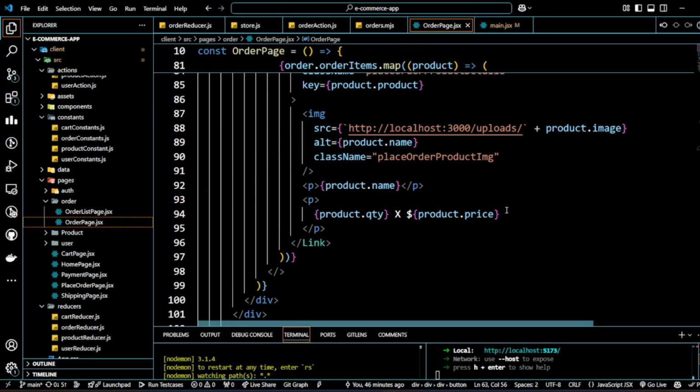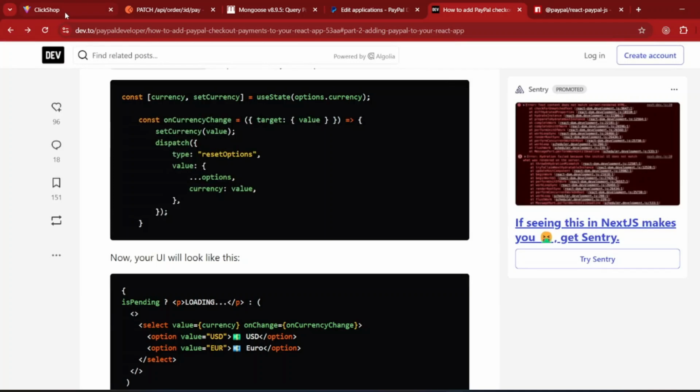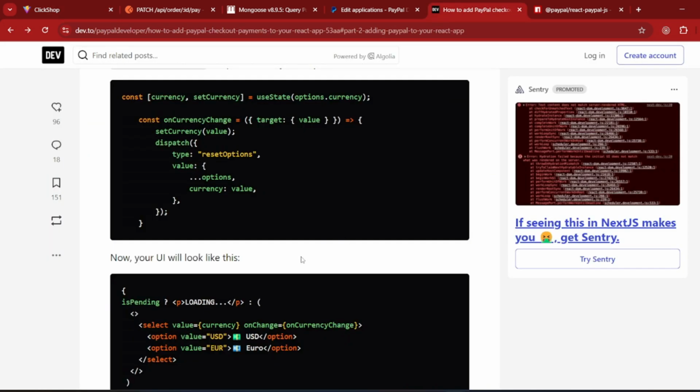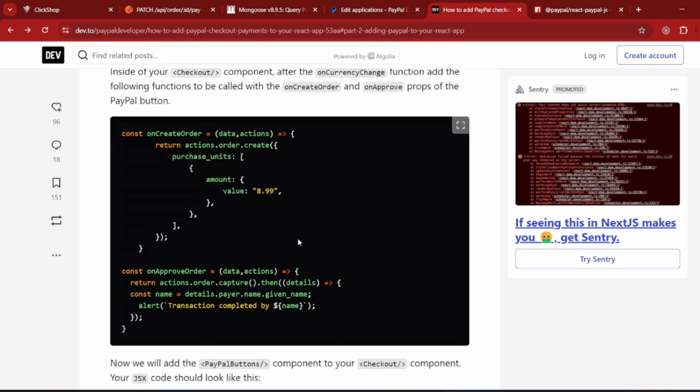So we need a few things. We don't want to see those buttons once we are logged in. We're gonna show it in a different way, like if it is already paid, then we don't want to show this button. So for that, we will simply show this button once we put in a state that will set up when to use that, otherwise it will call every time. Okay, so